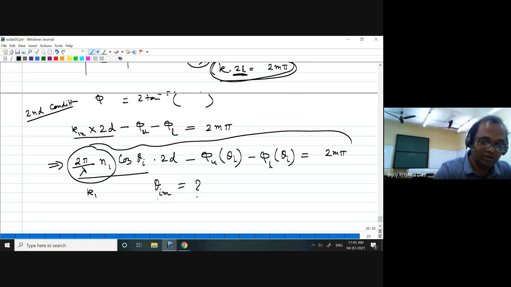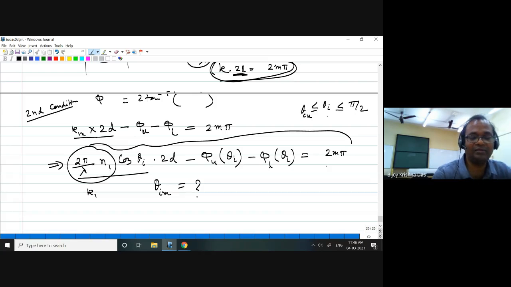So now, do you get theta I as a continuous band of solutions or discrete solutions? If you solve this equation, will you get a band of theta I? My question was whether this theta I can be greater than theta c u and less than pi by 2. So all these angles will satisfy total internal reflection for sure.